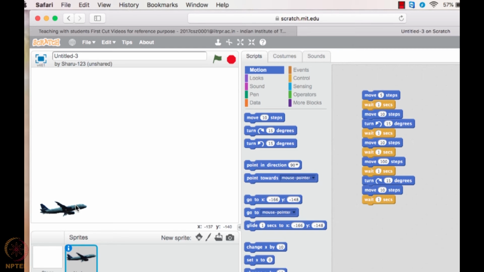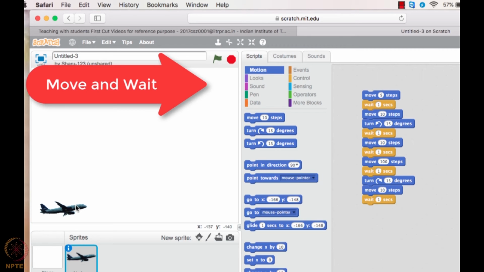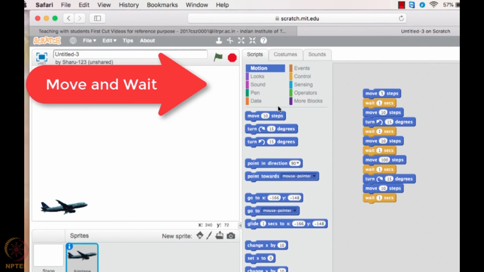To make it look real, we have to move it by say 20 steps and then wait for some time, then move 20 steps and then wait for some time. I'll insert this code again and again so that it looks real, that the plane is moving in the air. So let us do that.